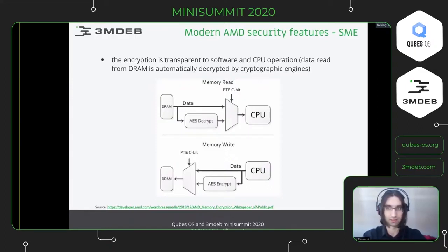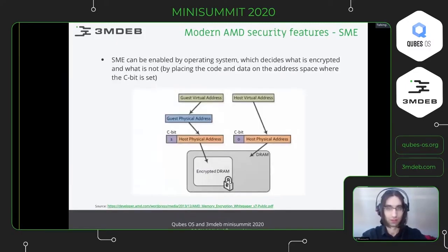So basically, with the simple SME, it is dependent on software whether a given address shall be encrypted or not. So this is the advantage of using the SME instead of the TSME. However, the support must be present in the software. And as I said, certain parts may be encrypted and maybe not. For example, guests may have some shared virtual pages with hosts which shouldn't be encrypted, but the rest of the memory, for example, may be encrypted. And the C-bit controls which parts are and which parts are not encrypted.